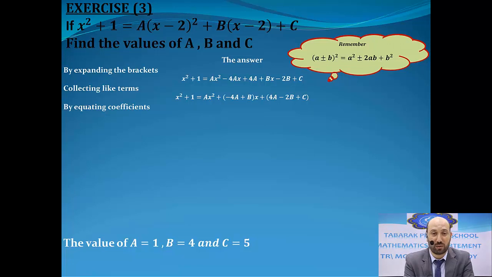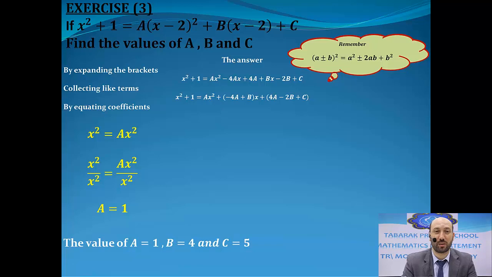Now we are going to equate the coefficients. So here we have ax squared equals x squared. By dividing each term by x squared, we will have a equals 1. And for the second,